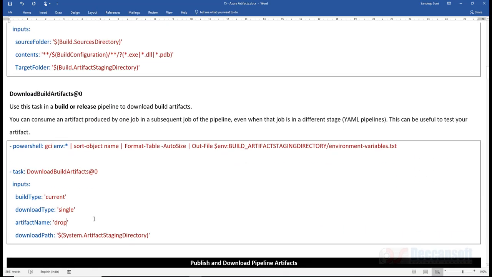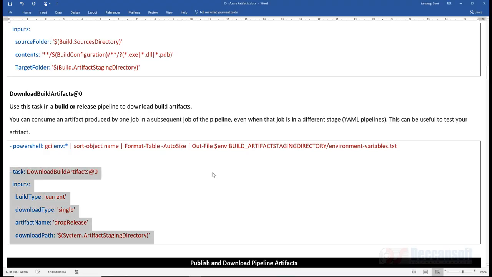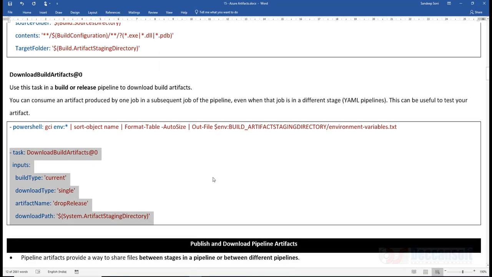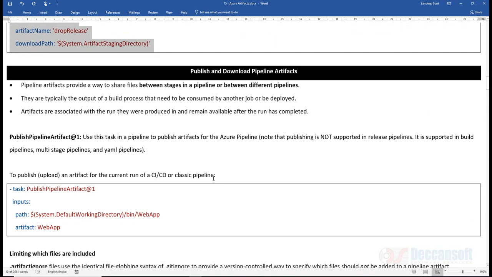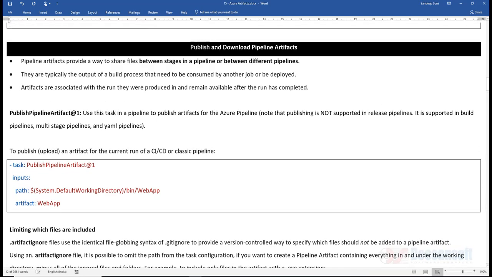Here you have to give actually drop release, download build artifact, and that we would publish into the project. So the shortcut of this is this. This is a short form. Now what is recommended by Microsoft is not to use build artifact, instead use pipeline artifacts.